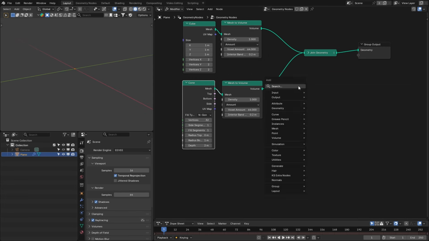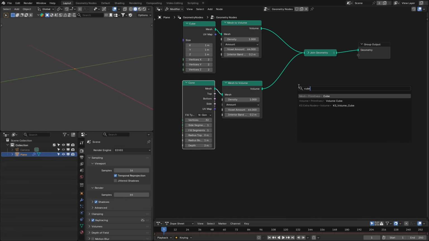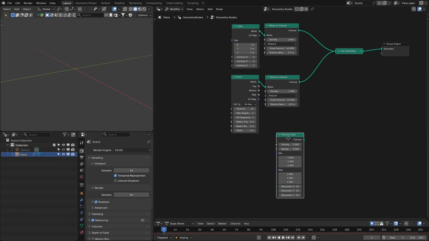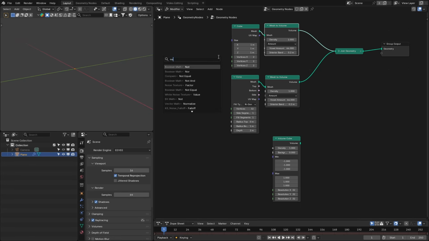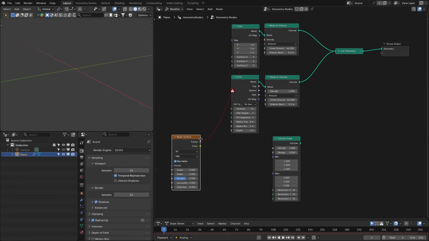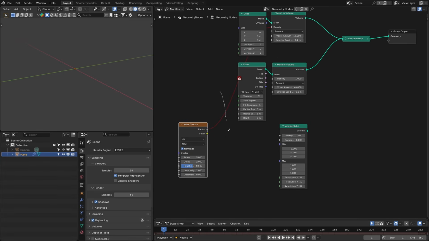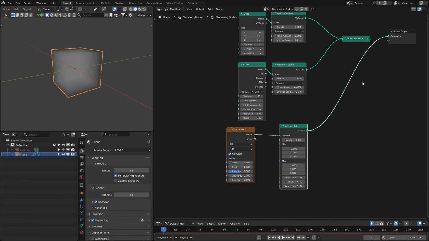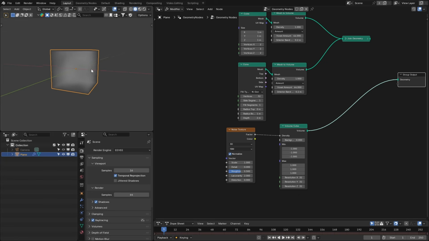So after these, the volume cube node was added. With this node, we can combine the volumes indirectly by combining the densities, because in this case the density is a field and in the other case the density is a single value. We can't input a field to this. However, if we plug that into this, we can generate the volume based on the noise field. See,